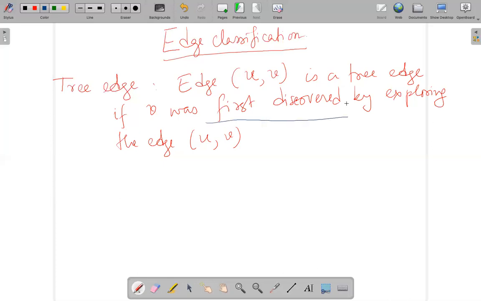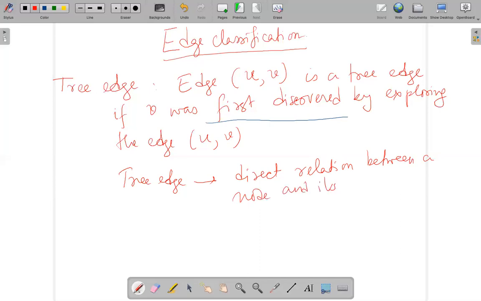If V was first discovered by exploring edge UV. So the tree edge therefore establishes a direct relation between a node and its